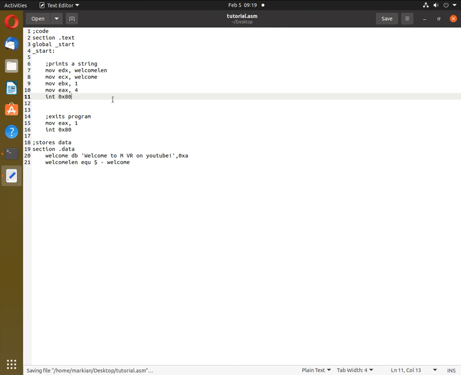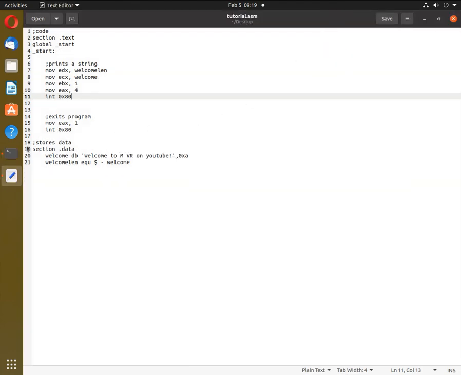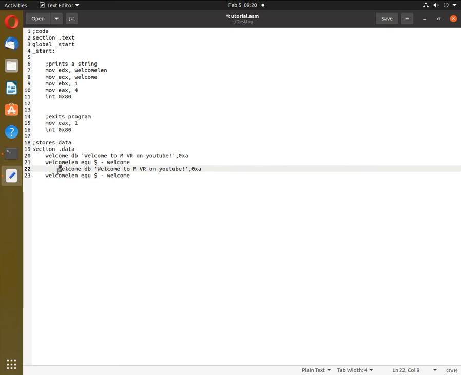So yeah. Now, if you were to save that and run this, as you can see, it prints out our string. But let's say we want to print out another string. All you would have to do is quite simply copy this, paste it, and let's type info, and just replace all this with info. You can manually type this again. I usually manually type it just for this video. So let's say info, and then let's say